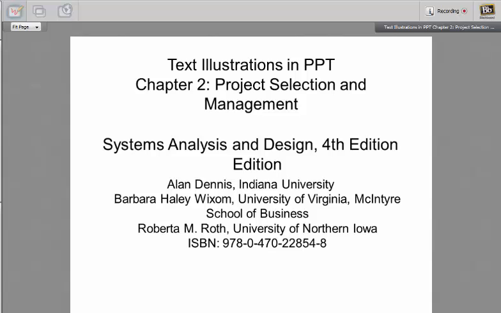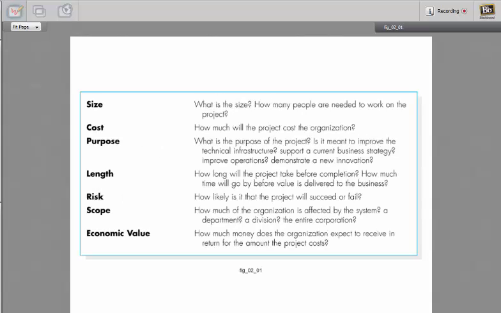So we will start with looking at a few things in regard of definitions and different kinds of models. At the beginning we will look at size. What is the size of a project in regard of how many people in the project, cost, how much will it cost